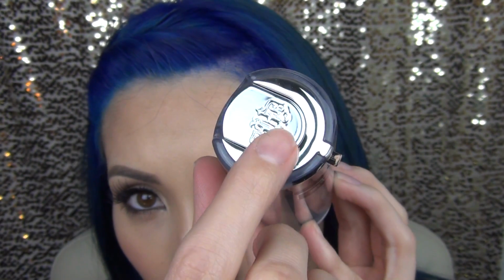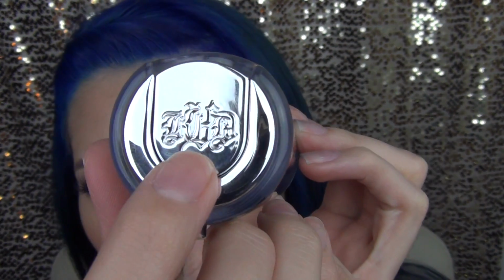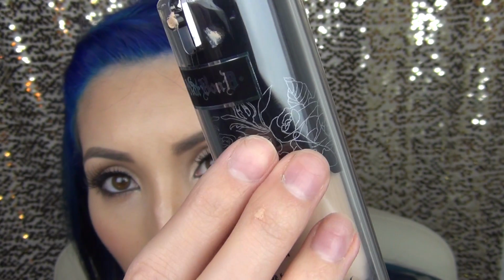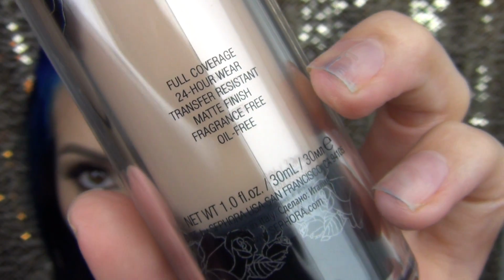And the top here is her initials, KVD. You can see that. And of course it has the black roses, black and white. And then it comes in a pump form, which I really love. And this, I paid $32 for this. And it says here on the package that it is full coverage, 24-hour wear, transfer resistant, matte finish, fragrance free,